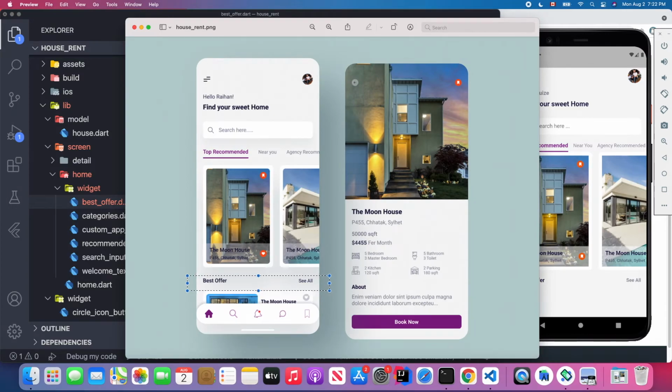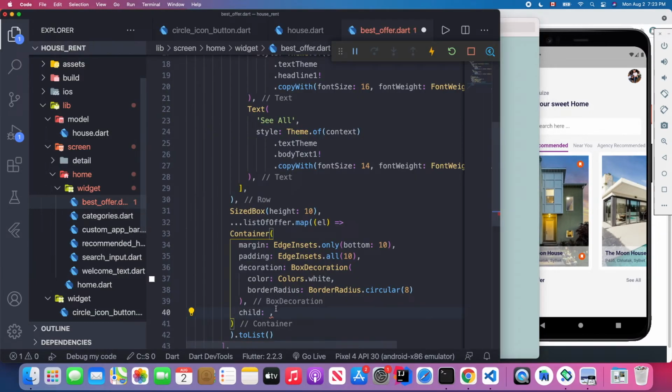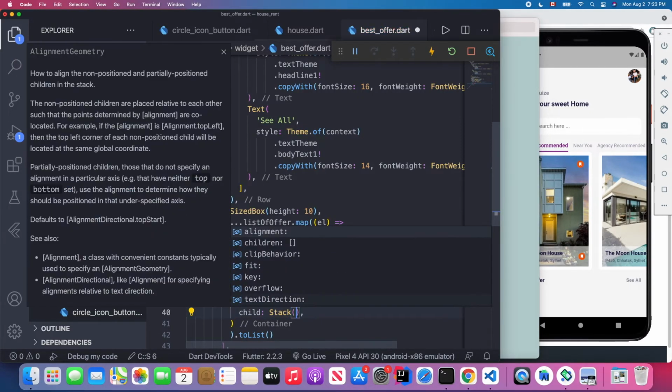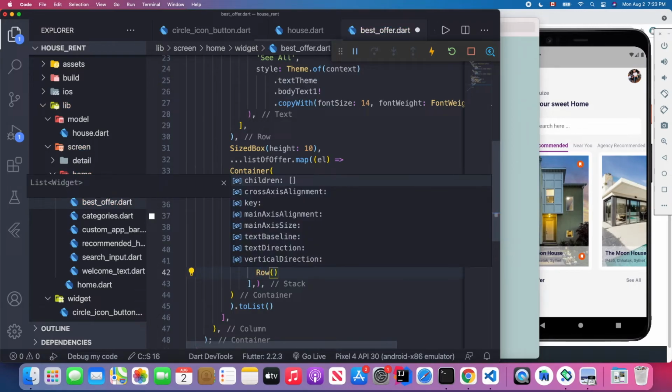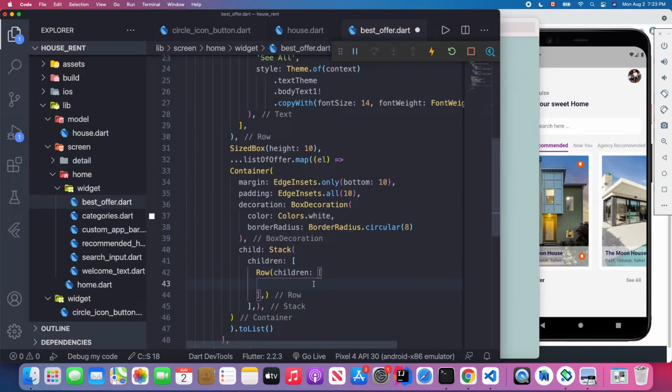So here, I would like to use the stack again, because this icon will be on the top right, right? And using stack, we can use Positioned to make this circular icon button go to the top right. So we're using the Stack widget again, and inside this Stack widget, we need to specify its children attribute. Inside this children attribute, we have this Row widget, and in the Row widget we have